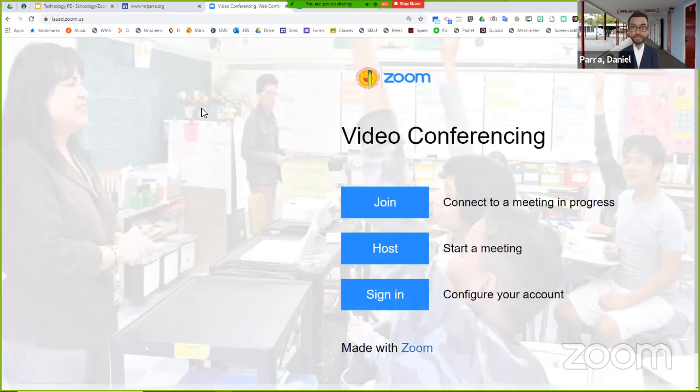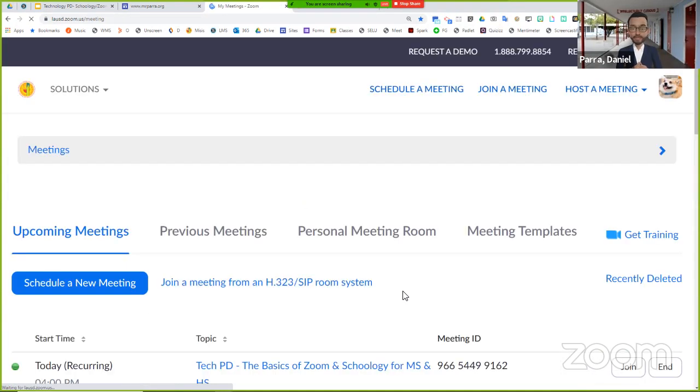All right, so if this is the first time that you've logged in to lausd.zoom.us and you click sign in and you sign in with your LAUSD single sign-on, you're going to be asked to verify your email address and to sync your account. Yes, you want to sync, and then you're going to want to go into your LAUSD inbox, look for the email from Zoom, and there will be a big blue button in there that you're going to click to verify,